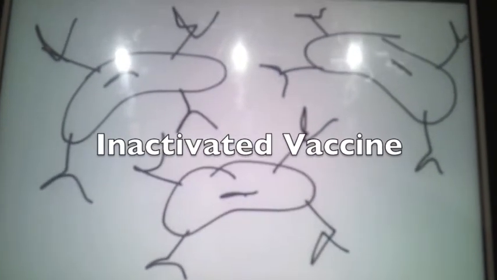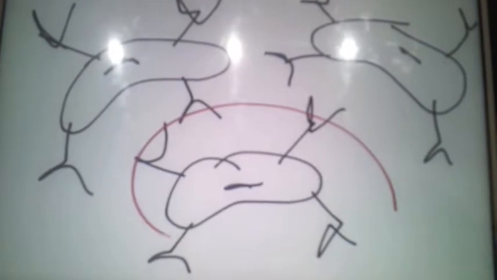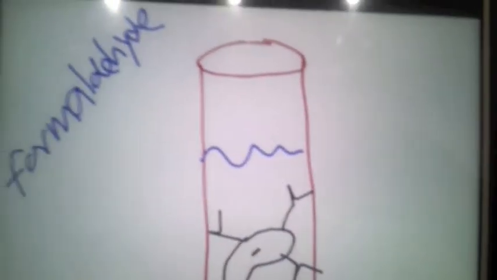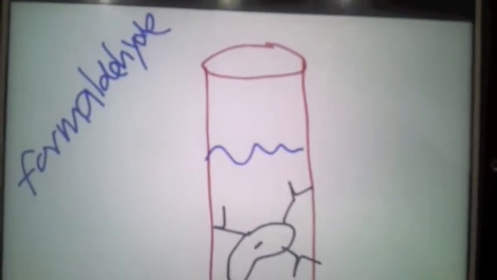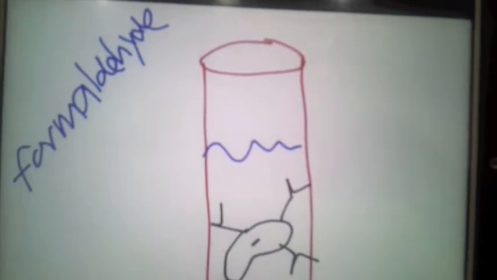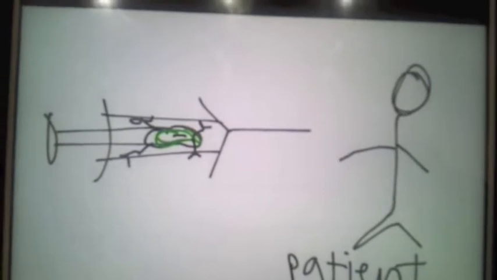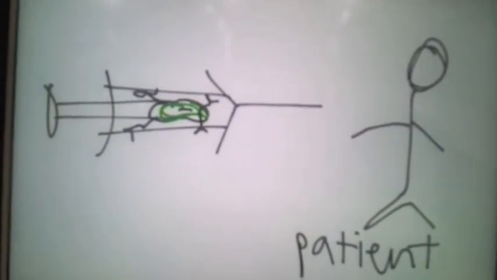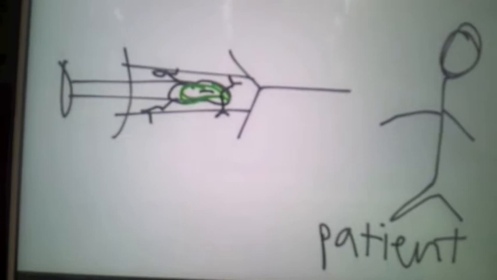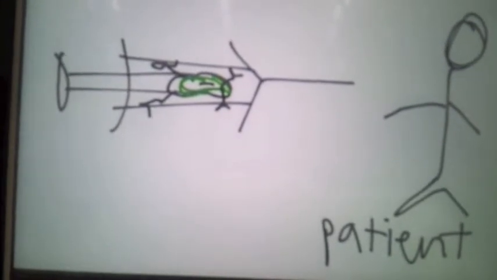Inactivated. First, we must identify the virus. We then kill the virus in formaldehyde, usually. We then inject the dead virus cells into patients. However, even though this does not last as long as a live attenuated vaccine,